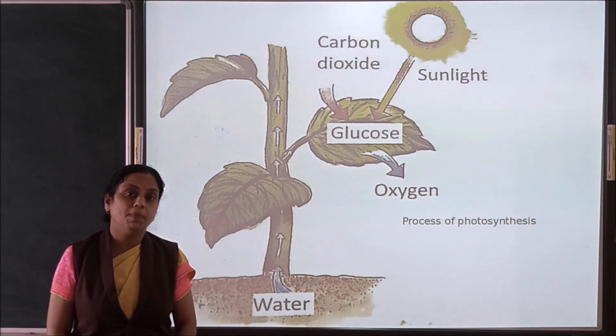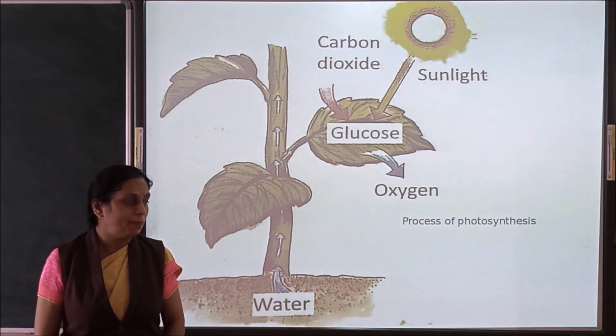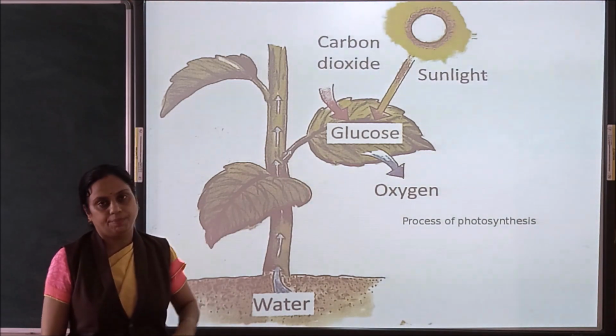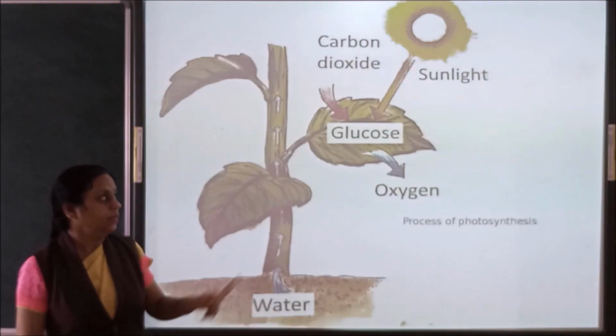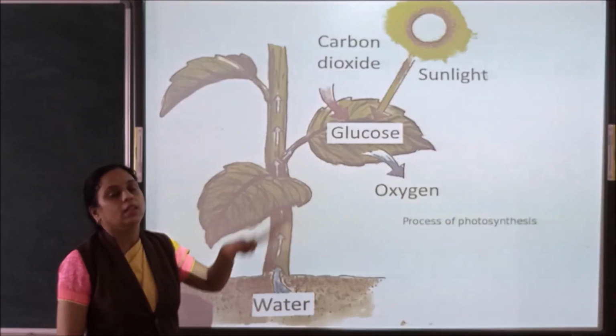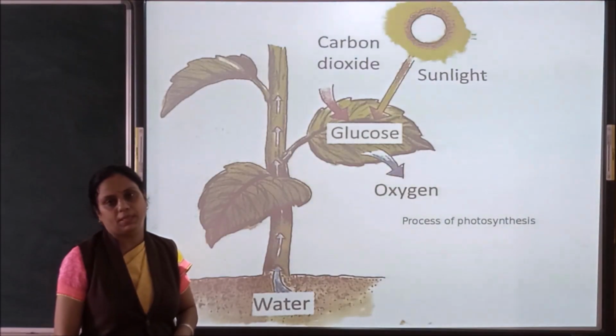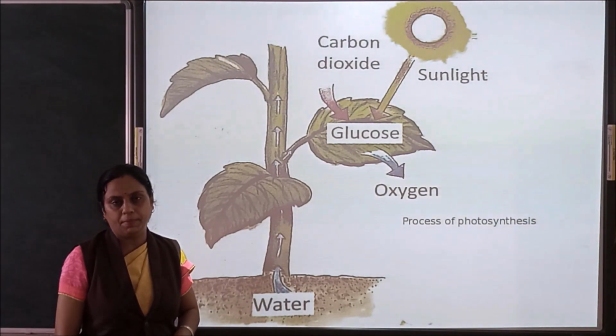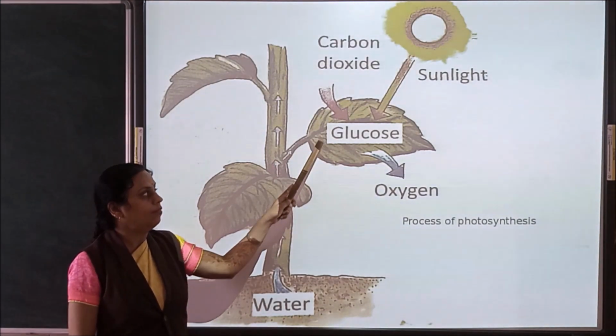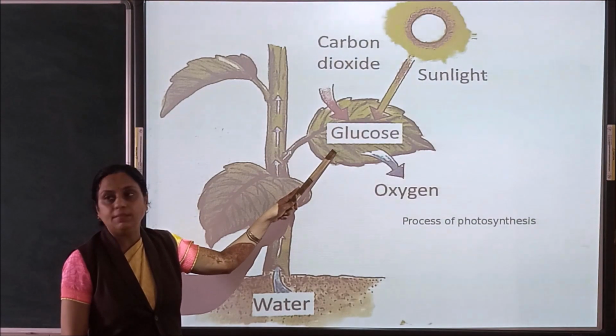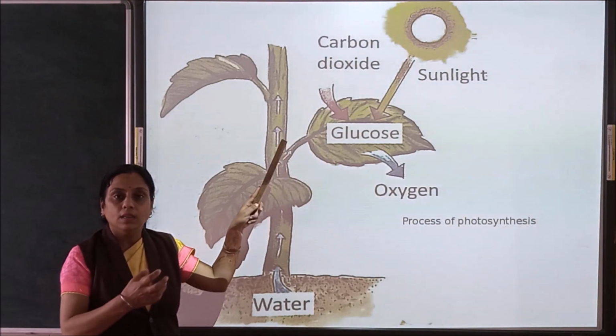Now children, what have I said? I said that green plants prepare the food. Where do they prepare food? In the leaf. Now what happens? In the leaf, the chlorophyll is present, a green colored pigment. So chlorophyll, which is present in the leaves, traps the sunlight